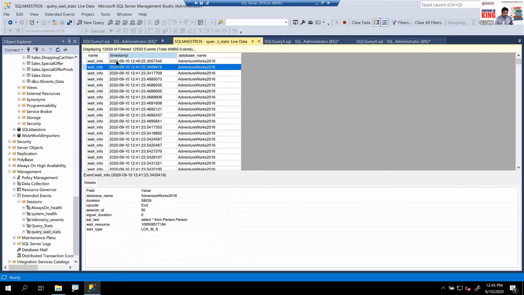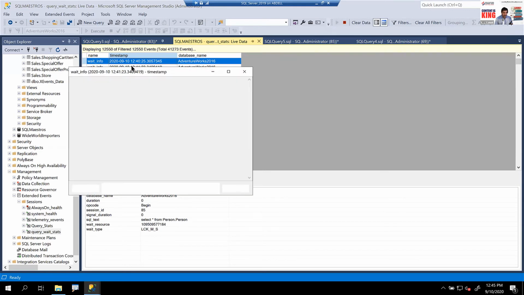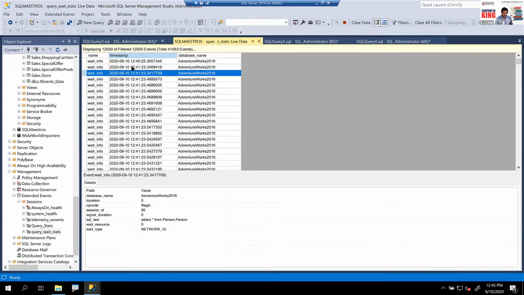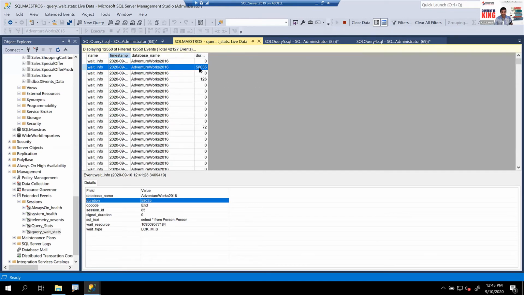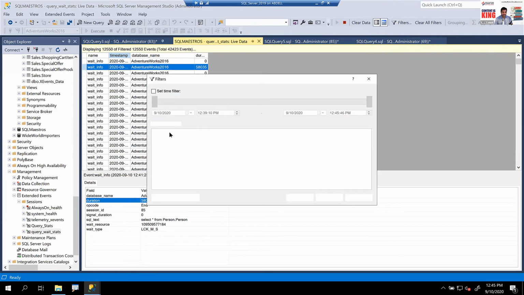Well, I will try to troubleshoot that a bit later as to why we have so many events coming in, not the right filter. But let's jump to our one, which I can see right on the top there. So here, if I scroll down a bit, in this particular case, the duration was actually in milliseconds, not microseconds. So I can see, right click, duration, show in the column. So I can see duration is 58,000 seconds. So now let me just apply the filter once more.